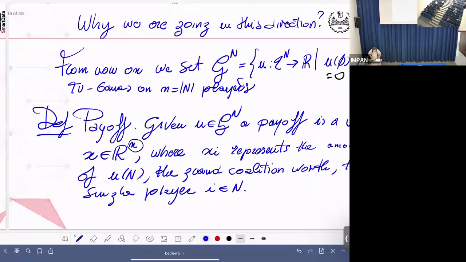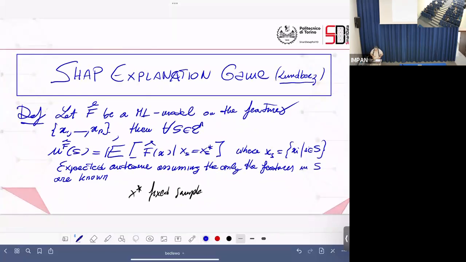Okay, it's here. This is the way they propose, but there are others you can imagine. What comes out from the machine learning model when applied to a point is considered, you take the expected value, etc., and you assign to every coalition of features a value, a worth, let me say, so that you have a game.